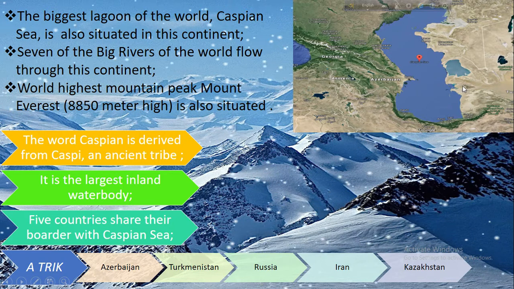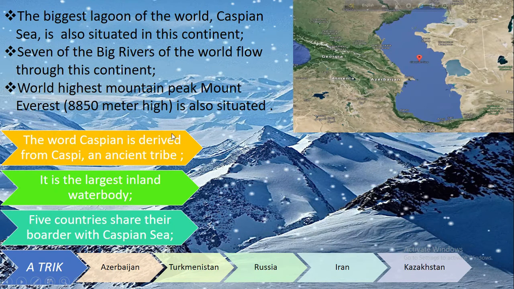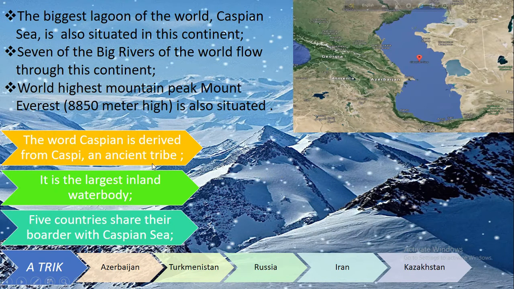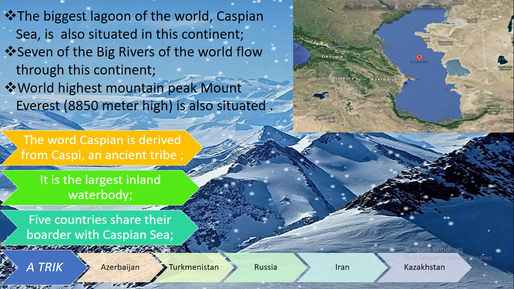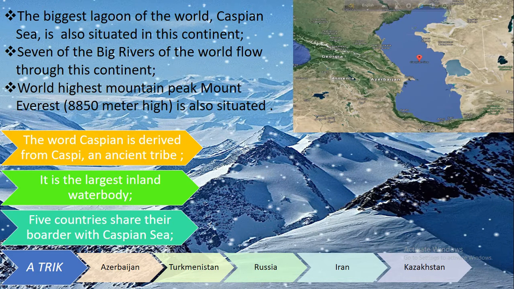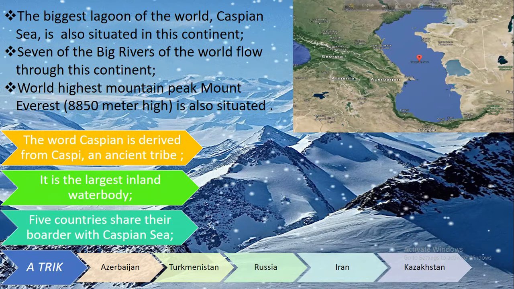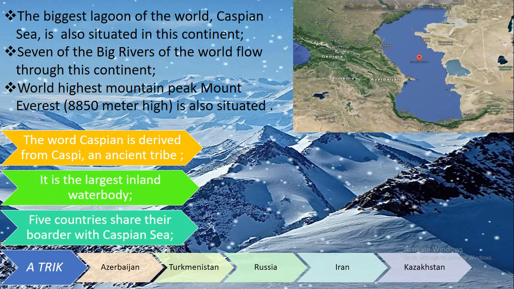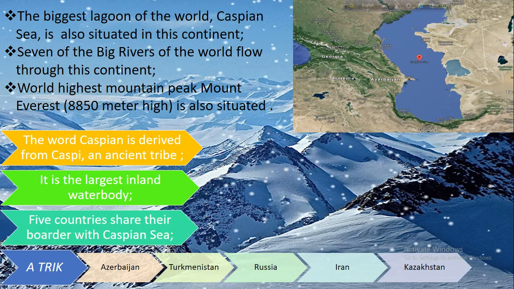The word Caspian is derived from Caspi, an ancient tribe that lived in the southwestern part of Asia, and it is the largest inland water body and salty water body, the world's largest lake or a full-fledged sea, and it is a basin without outflow located between